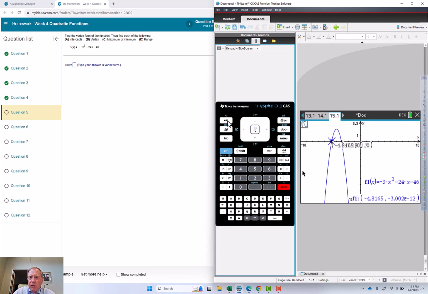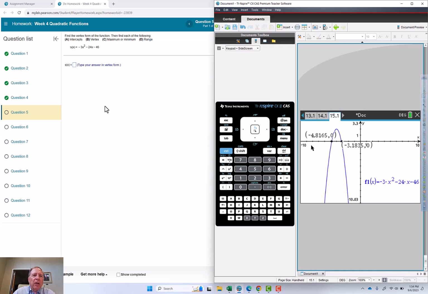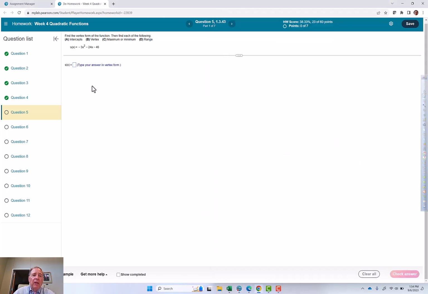Zeros and x-intercepts are synonyms. So we've got negative 4.82 and negative 3.18. Okay, so we're ready to go with our intercepts after we find out the vertex form. So I'm going to write out